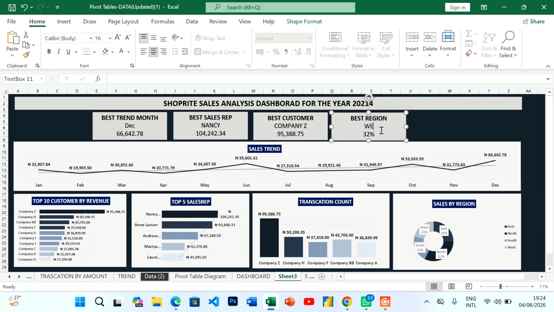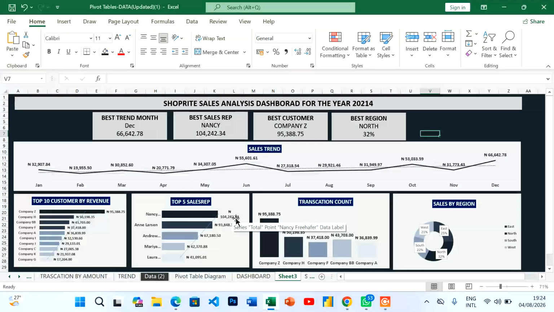Sorry, I think north is the region that has high sales. Okay, now you can implement what they are doing in north in other states, so that you have better sales in other regions. Okay, so that is how to